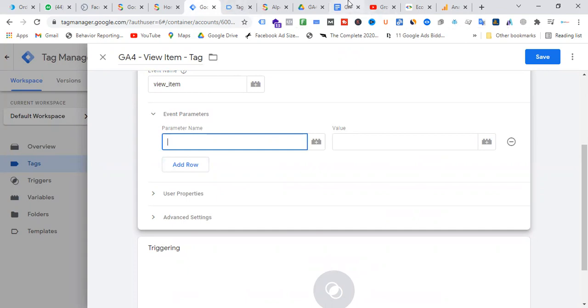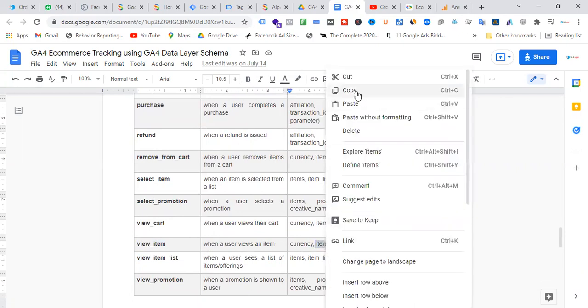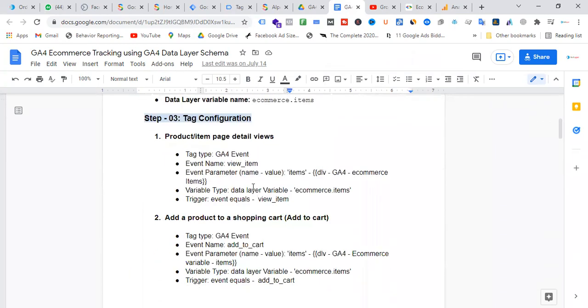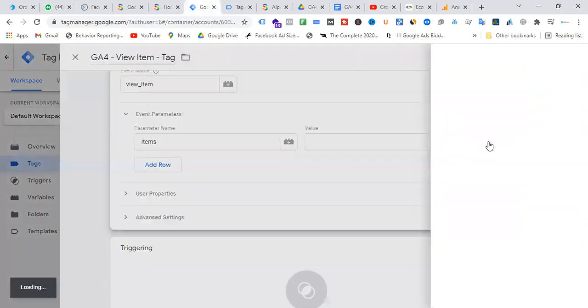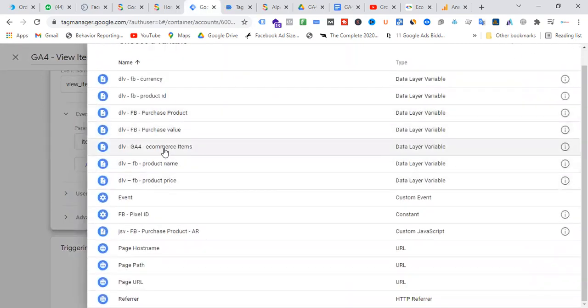this name is actually items. This is the parameter name, items. Okay, I'm putting items here and going to the data layer variable, DLV data layer variable GA4 e-commerce site.